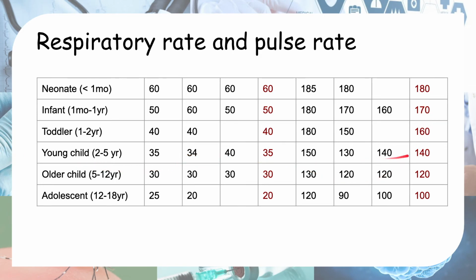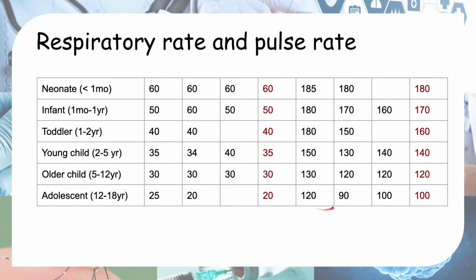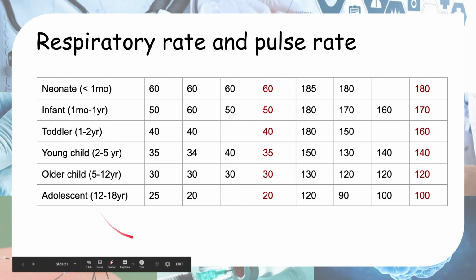Then young child, 150, 130, and 140. So for young child and older child, I'll just take the one from the pediatric textbook. So 140, 120. Then in adolescent, we take 100. Over here 120 is the emergency department one, it's a bit high. Then over here is a strange number, 90. Because in adults, normal heart rate is about 60 to 100, right? You remember that number. So you just remember everything in adolescent, 12 years to 18 years is